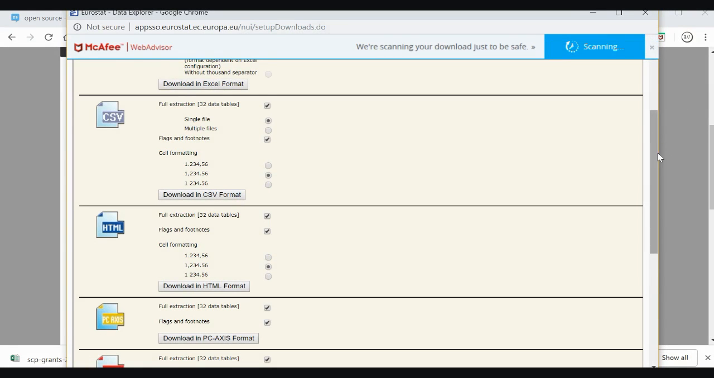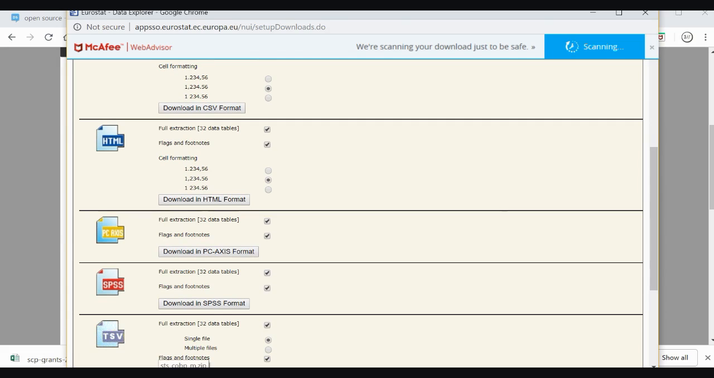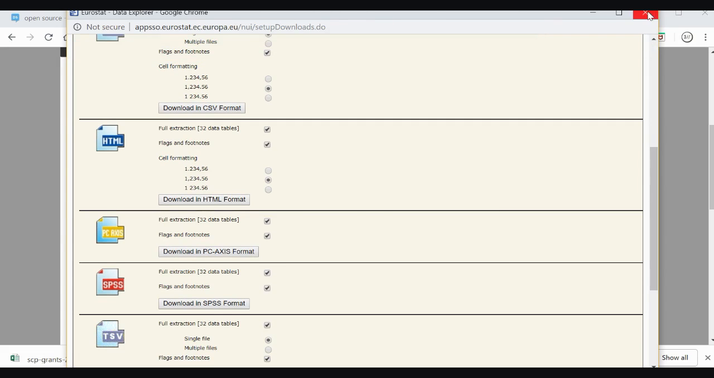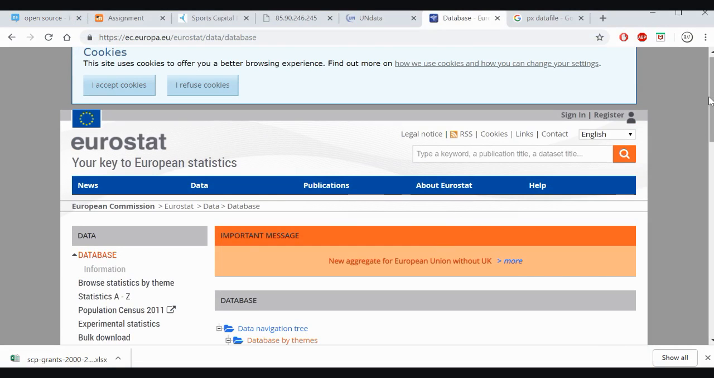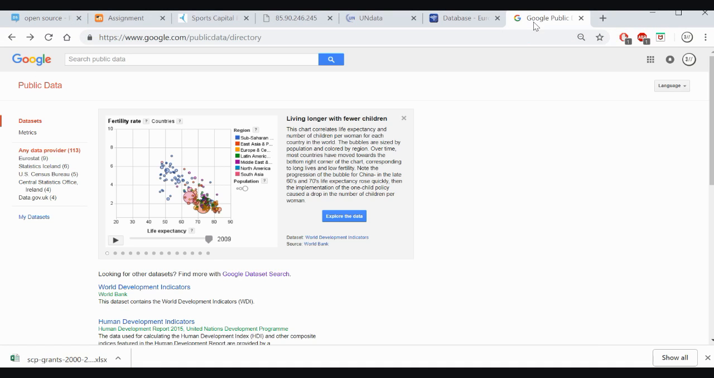Because it is a big file, it would download as a zip file, and we would have to unzip it here. Okay, for those of you interested in European statistics, this is really a fantastic resource. Okay, for the last resource, we're going to look at